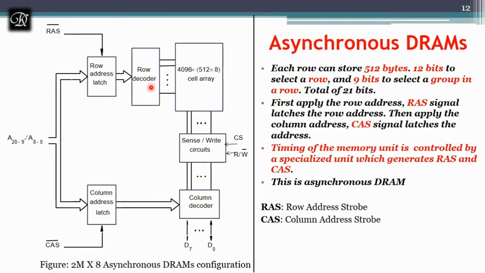Previously we had an address decoder, and after that, when we started dividing rows and columns, we got a row decoder. The row decoder is going to concentrate on the rows over here. Rows are nothing but word lines, and the column decoder is going to concentrate on the columns. The combination of row and column decoder will give the respective cell. That particular cell is going to be chosen by a chip select signal.